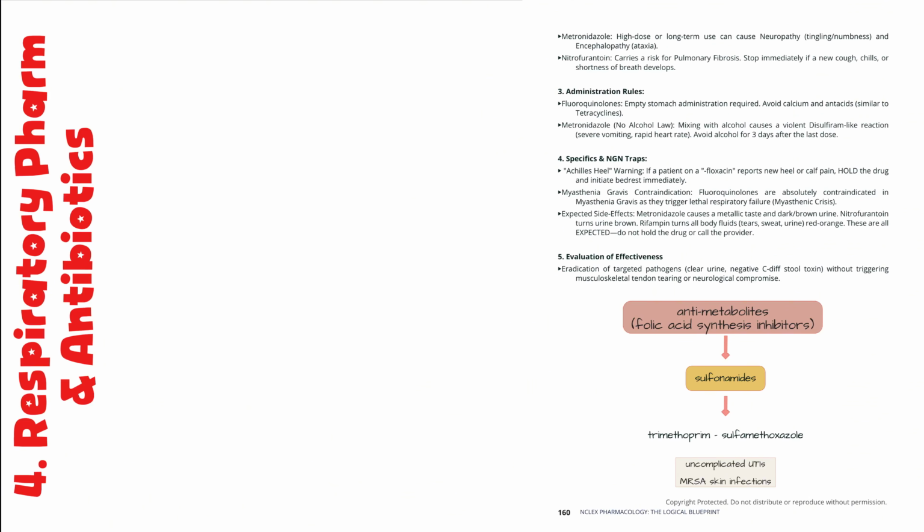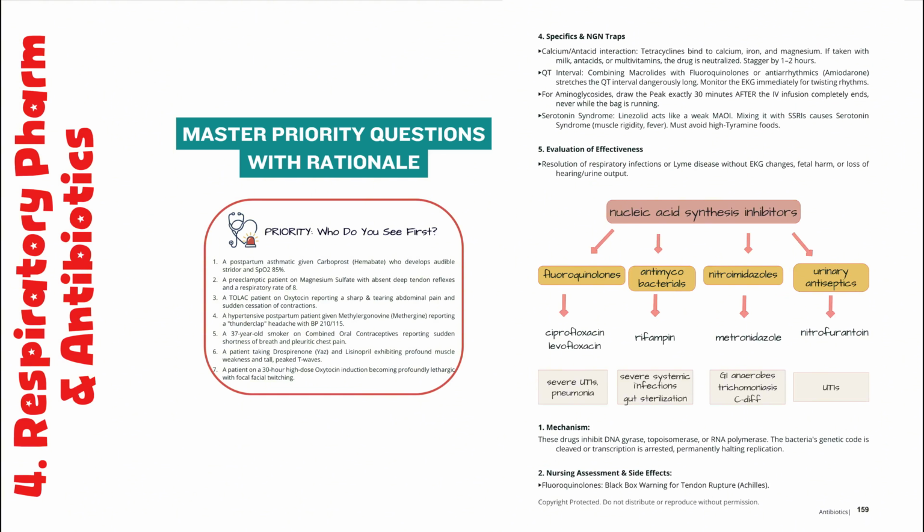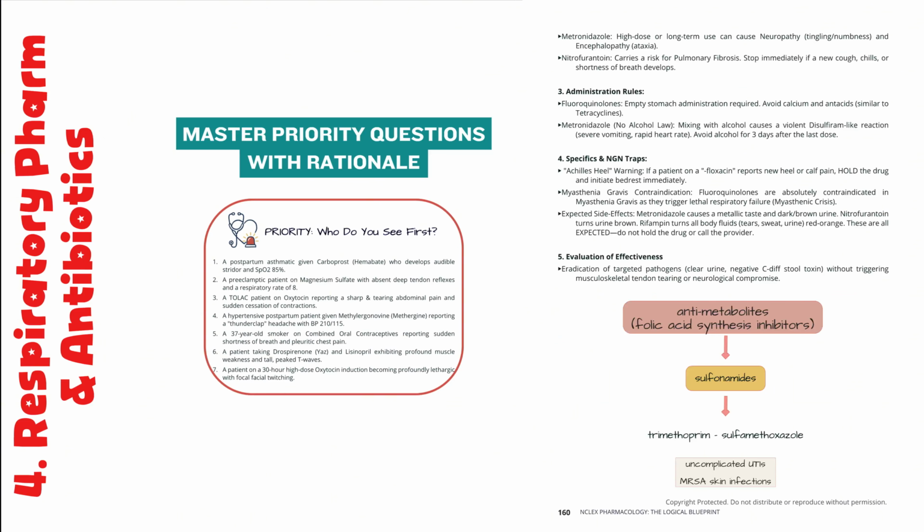They're also absolutely contraindicated in myasthenia gravis, where they can trigger lethal respiratory failure. Metronidazole treats GI anaerobes and C. diff, but mixed with alcohol, it causes a violent disulfiram-like reaction. No alcohol during treatment or for 3 days after. It also causes a metallic taste and dark urine, both completely expected, not a reason to hold the drug or